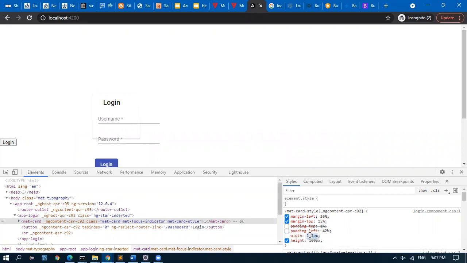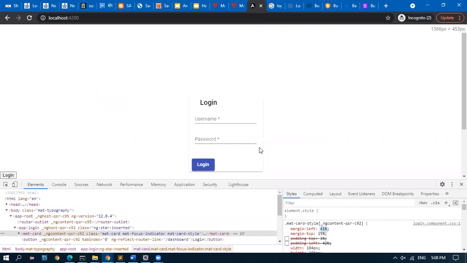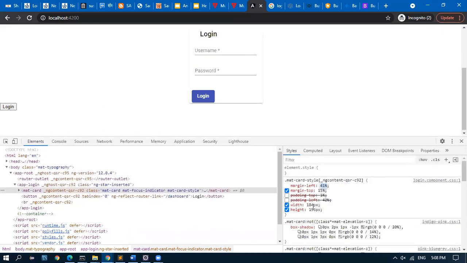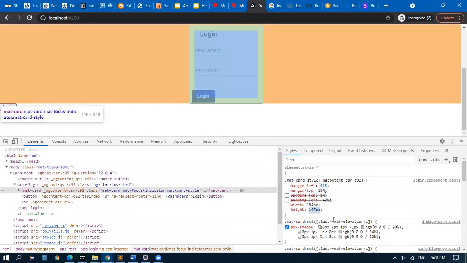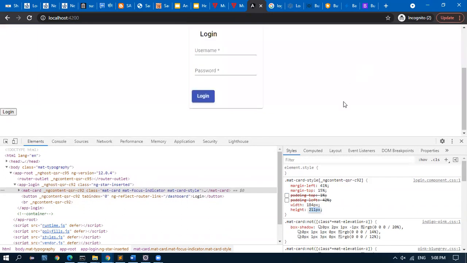Yes, I will increase a bit. And this I will increase a bit so that it covers up to the login button. Now margin left I will increase a bit so that, can you see that it's moving? Yes, we are good. Okay, so this should be good, right? Yeah, good. The login button is touching. I want some more space there, so I'll increase this height. Okay, now it is good.